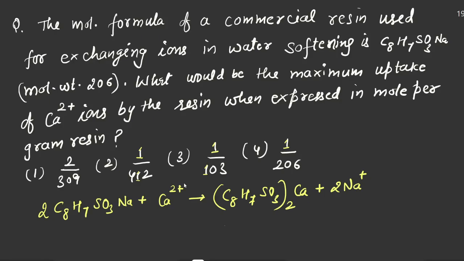So if 2 moles of resin is there, then we need 1 mole of calcium 2 plus. So 2 mole resin is equivalent to 412 gram. So maximum uptake of calcium 2 plus per gram resin is 1 by 412. Yes, it is second option,